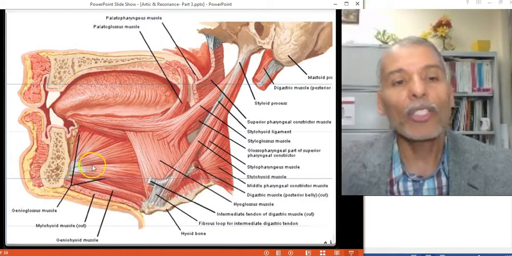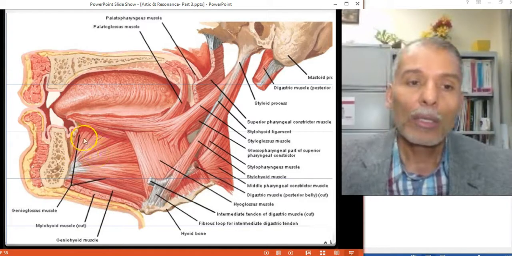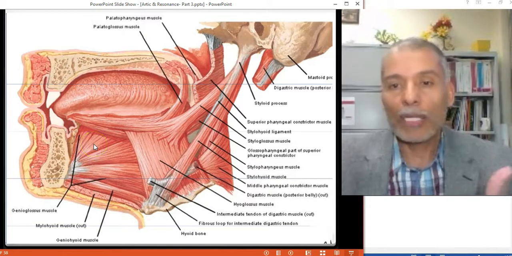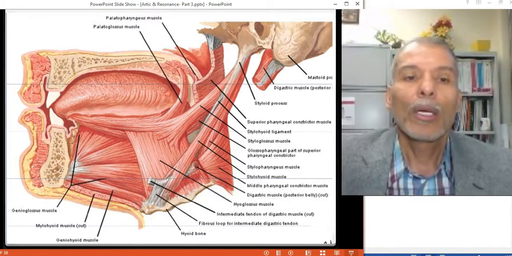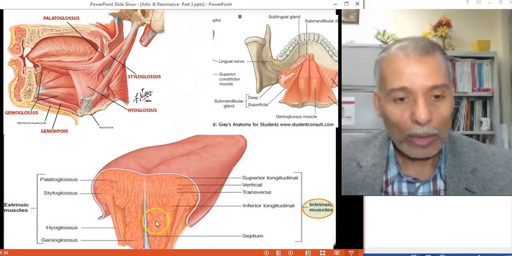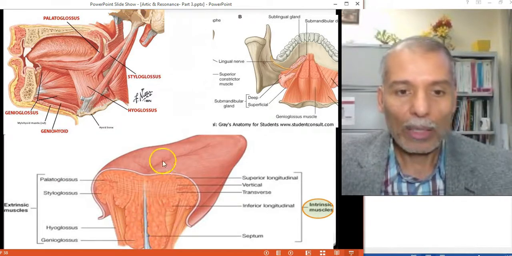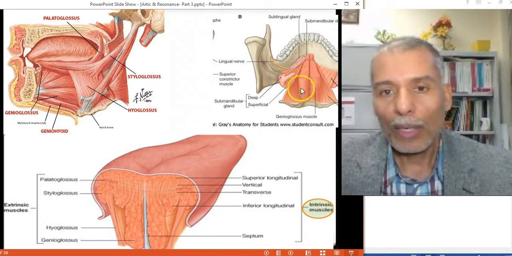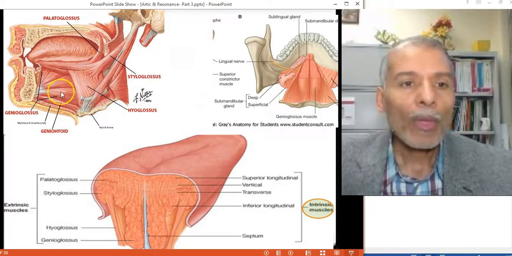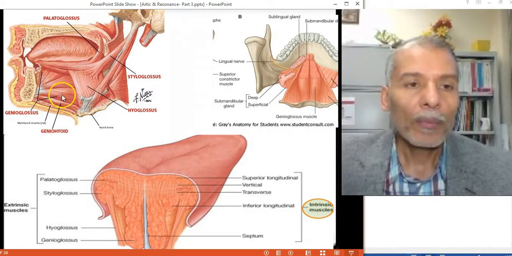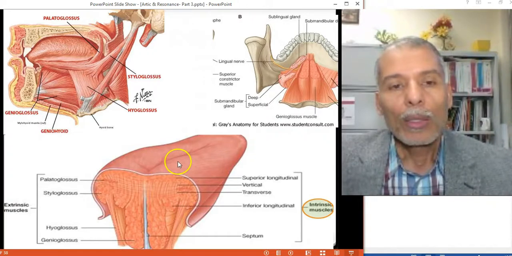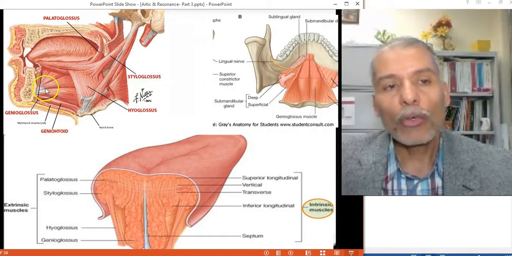The genioglossus is the largest tongue muscle, and it basically serves as the foundation for the tongue. You could see the parts of it here. You can see the whole tongue is sitting on it here, and here as well. So the functions of the genioglossus